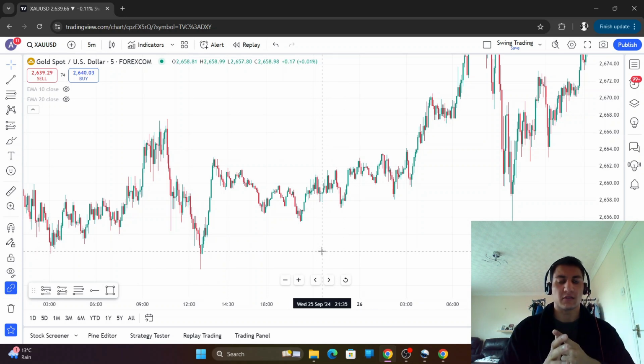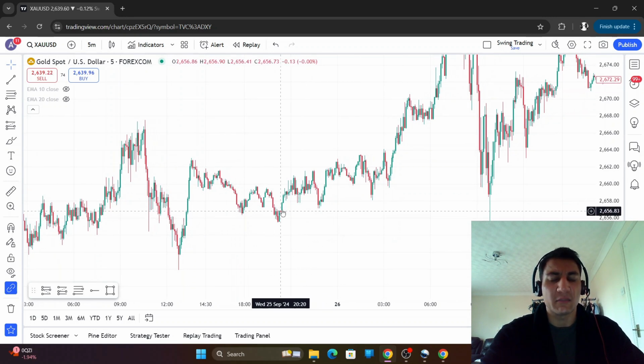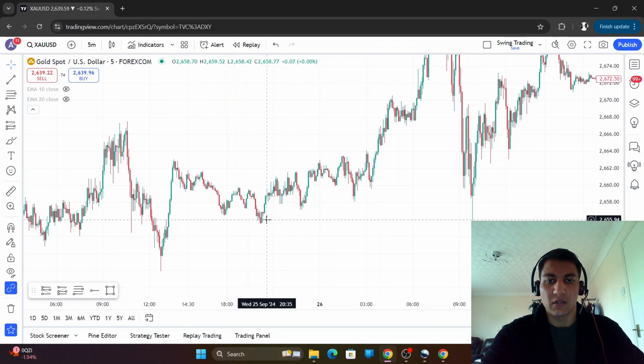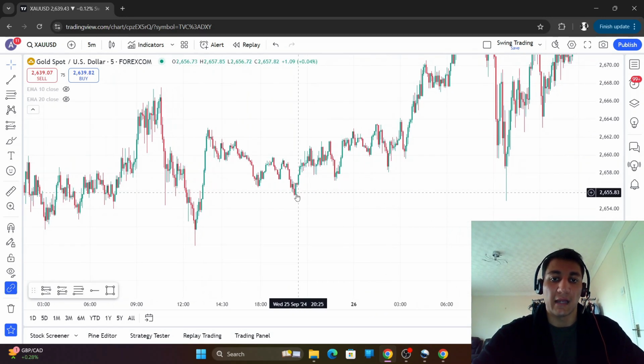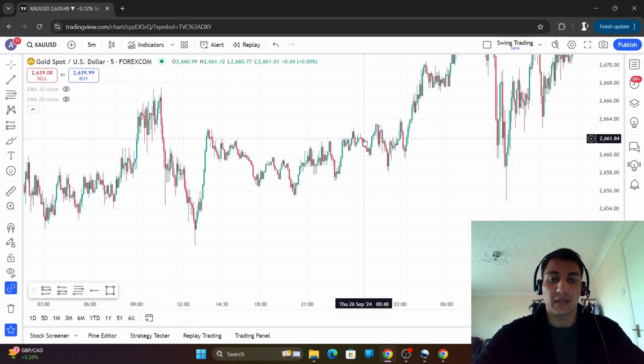It's good for gold. There's good moves in gold. It's good for AUD pairs, and New Zealand dollar pairs, and all yen pairs. So those are the 4 pairs that I would stick to. I wouldn't do like GBP or Euro during this time because it's not that good. And there are big moves in Asia because I used to trade gold during London, and Asia would have some massive moves that you can capture.